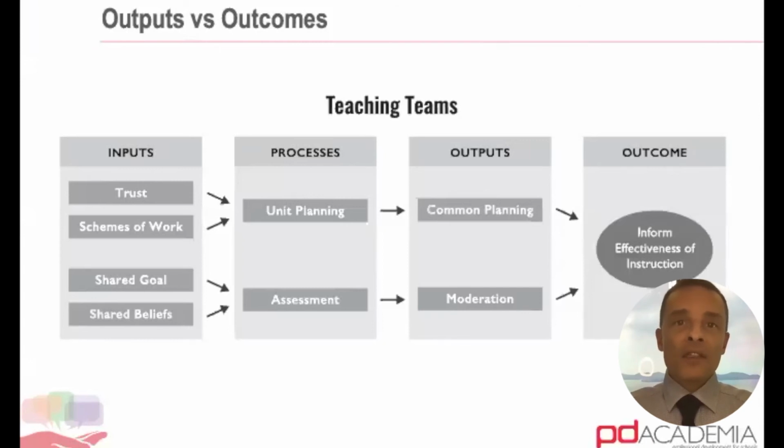This is really what I like to think of as an outcomes machine. Here in this example, I've set informing effectiveness of instruction as our outcome. To realize this outcome, we'll take a number of outputs. I've identified 2 outputs here that we as a team need to achieve in order to realize this outcome. These outputs you can also call goals. If we achieve these goals, they will contribute towards realizing that outcome.